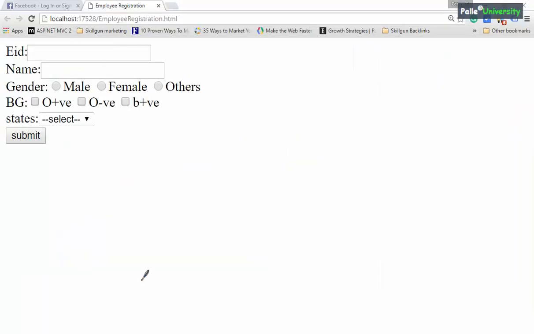Now you observe this user interface for the employee registration.html file. Is it aligned properly, or are all my controls displayed in the proper format? Obviously no. You observe this text box is displayed here, this is starting here, and this is starting here. My drop down list is starting here, my button control is starting here. So this is definitely a bad alignment. When the end users observe such kind of pages, obviously they will not get interest in using your website, and hence they will not use your website in most of the cases.